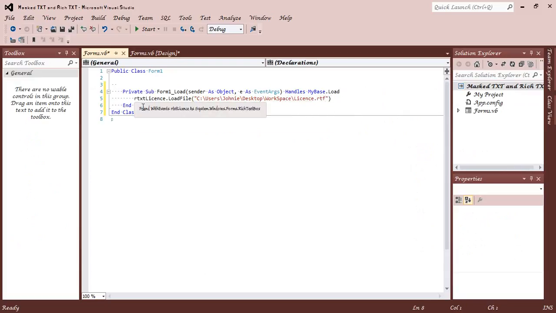Simply what I'm doing is declaring the name of the control, then the method is LoadFile. Actually this is a method, LoadFile. Then the parameter needed is the location of my file, and Visual Basic will take care of the rest for us. It will import the file and copy the text. It's cool. So when I run the program and my form loads,